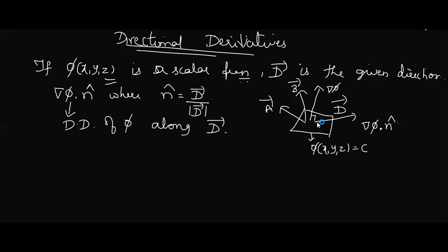To define a directional derivative, we require a scalar function. Along with that, we require a vector quantity. So if you find the directional derivative along d bar, along a bar, along b bar, along del phi, among all of these, what you find along del phi is always going to give you the maximum one. Is my explanation clear? Is the point clear?